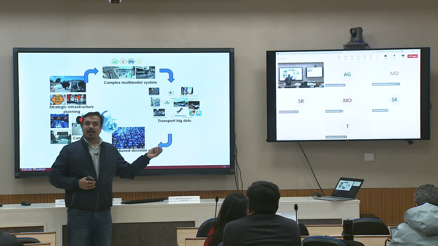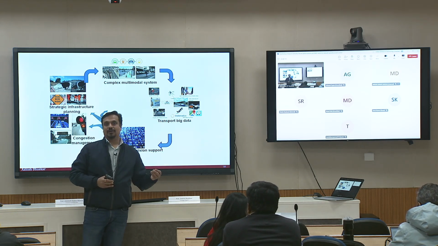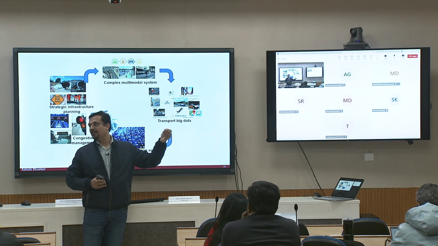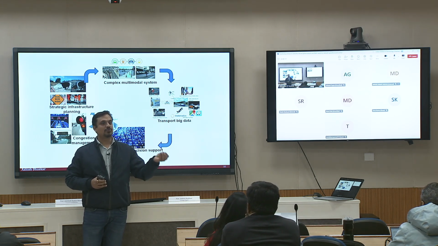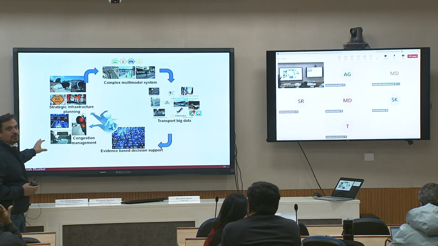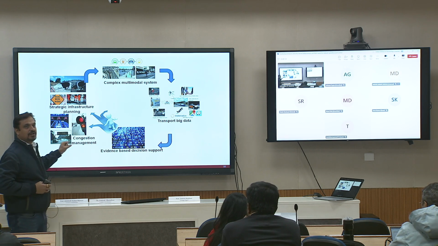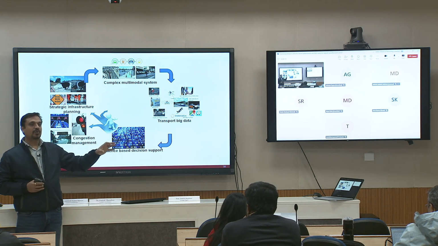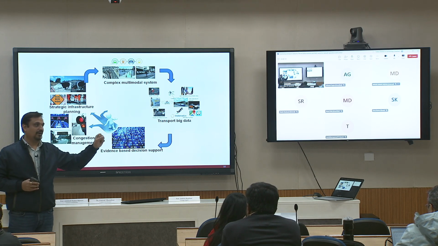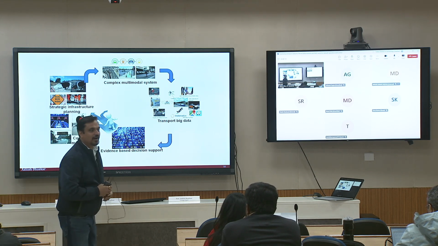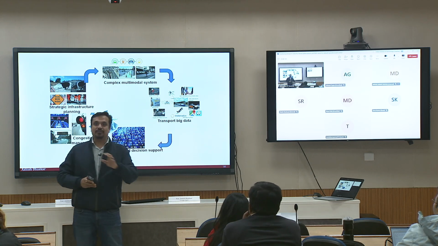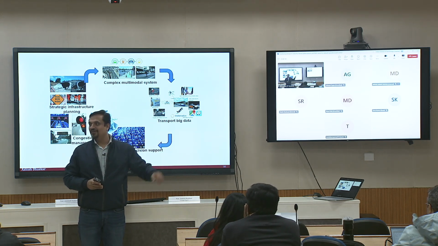Data are there, but data collection has its own issues, like what data do we need for the problem at hand, and there are issues with respect to data availability. Then comes control and decision making points: from the data you would like to make some decisions, but you are trying to address specific challenges at hand. So what do you think are the key challenges in the Indian traffic condition with respect to traffic congestion, safety, and sustainability?